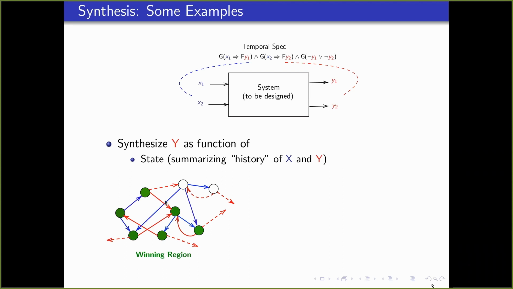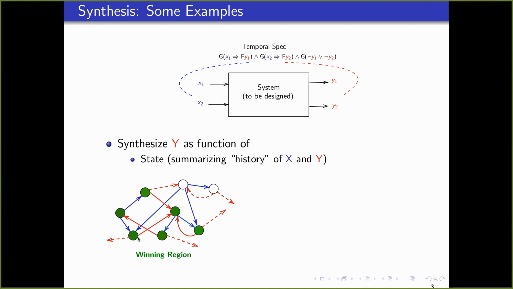And then a very standard way of solving these problems is that we formulate it as this two-player game, construct the game graph, and within the game graph, we identify what is called the winning region. So here, in an abstract sense, I have colored some states and am saying that consider this as the winning region. So what is the winning region?